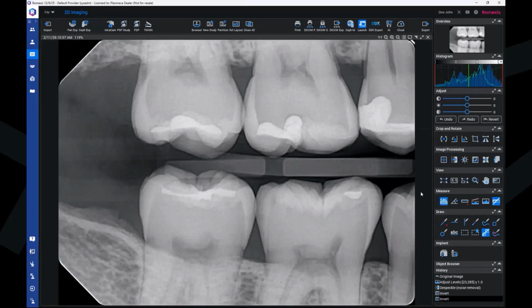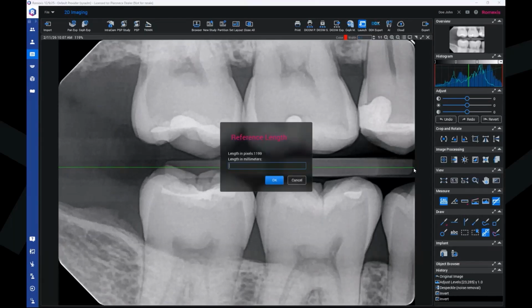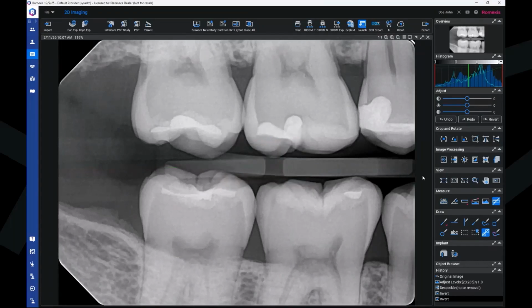So for calibration, for example, I know that this sensor or this image plate is 40 millimeters long, so I can use that one here to calibrate. So that can be done, and then of course we have here all the basic tools,